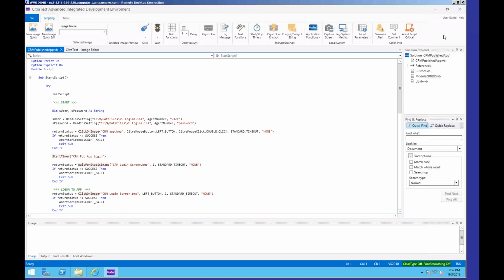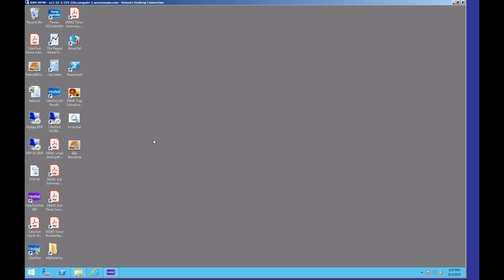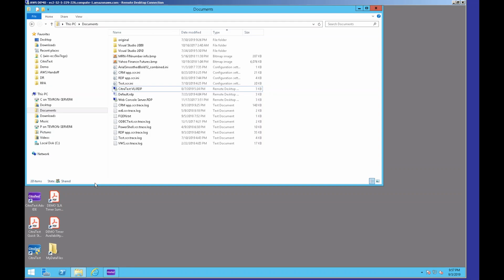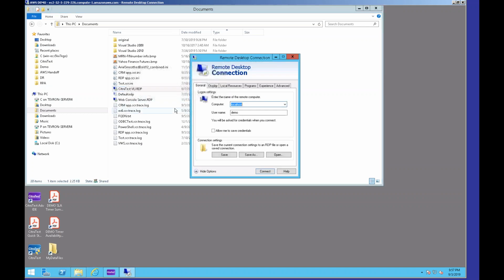load test. The first thing we want to do is create an RDP connection that we're going to use to generate these so-called VU desktops. This RDP connection is unique in the sense that you're going to have it connect to the local host, to this load server itself. So you can create an RDP connection, call it CitraTest VU, and again, it's going to be connected to localhost. You want to use the same user profile that you used to create the script on the main